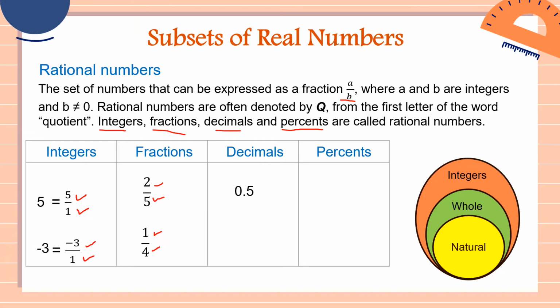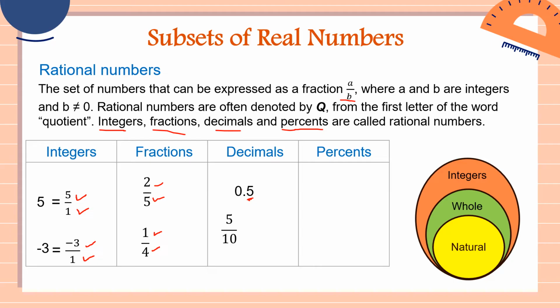Now 0.5. Can we call 0.5 a rational number? Can we write 0.5 as a fraction? Yup, we can also write 0.5 as a fraction, or we can convert this one. Once again, the place value of 5 is tenths for the decimal, so we can write this one as 5/10. Once again, place value is 10. 0.5 is just the same as 5/10. So copy 5 and then the place value is tenths. So that would be 5/10.